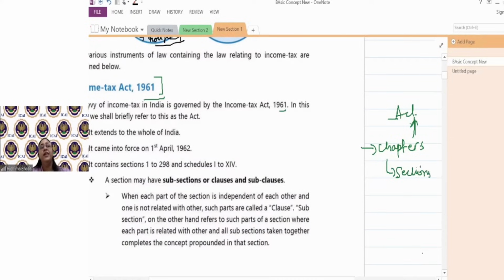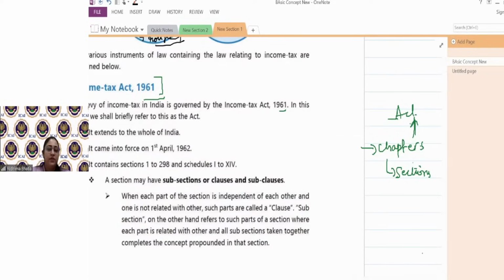Now sections, friends, income tax में कितने हैं? You will say, ma'am, section 1 to section 298. There is no section 299 of the Income Tax Act. No. Section 1 to 298. So आप बोलोगे कि मैम बस 300 sections हैं, hardly 300 sections in the act. But actually no. If you see it in reality, it is somewhere around 900 sections.